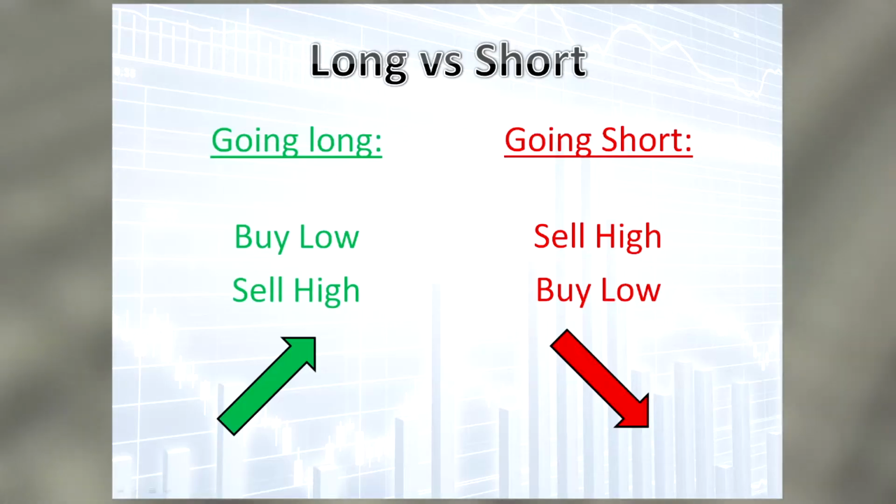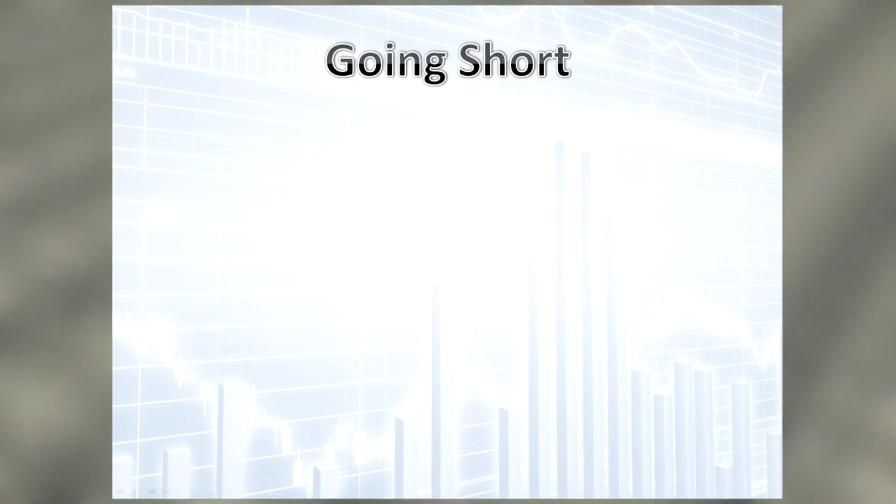A short position is kind of different in a couple of ways. So let's get right into it. If a long position means buying low and selling high, then a short position is basically the exact opposite, selling high and buying low. So how does this work? Shorting a stock or short selling is basically the process in which a trader or an investor sells a stock at a certain price, expecting the prices to go down and buying that stock back at a later period in time. So how do you sell a stock that you don't own?